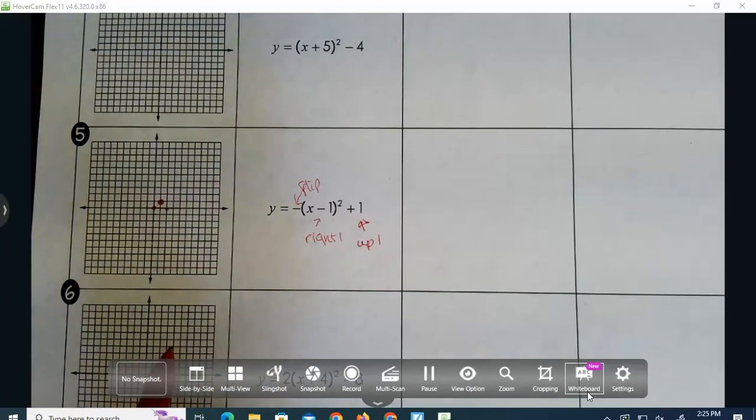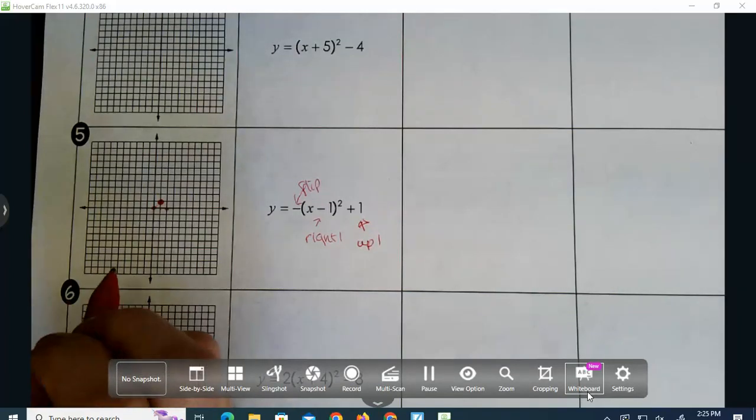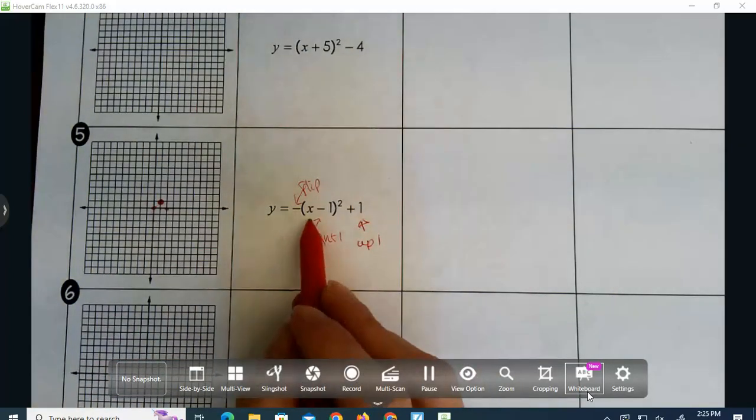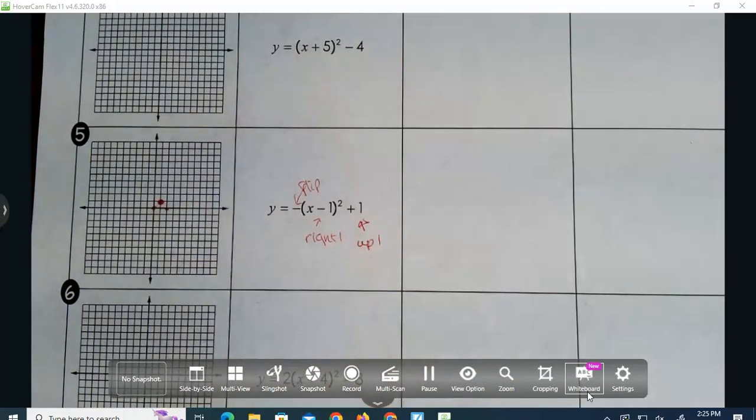How did we get points on these? What did we usually use? Yeah, we used our graphing calculator to get some points. So we could certainly do that. You can plug this original into your y equals. So let's do that and make sure we've got some points to get a good graph